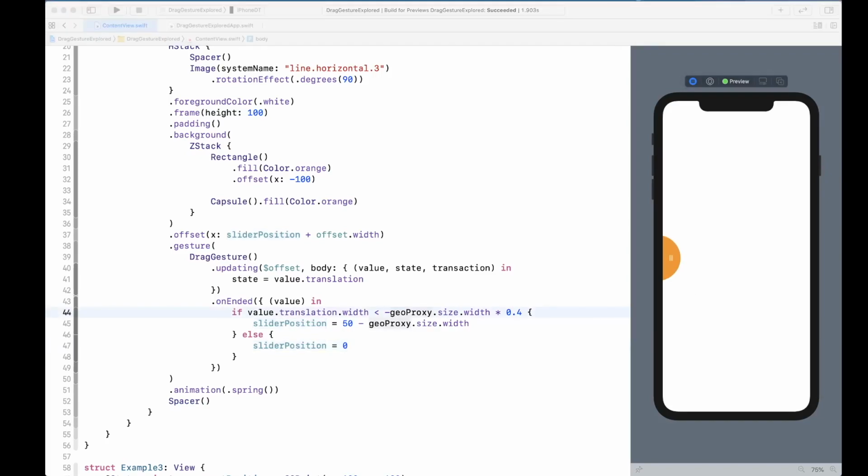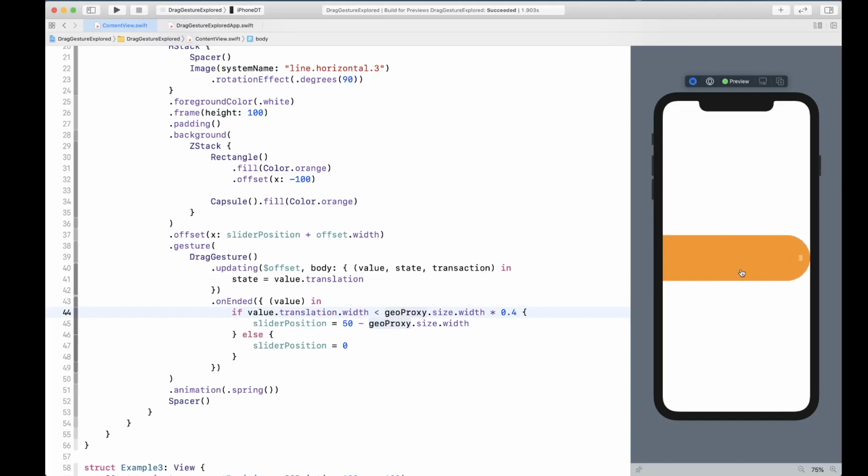Now, if you want the opposite behavior, if the user drags out a little bit and you want to snap it back, then you can just remove that negative of proxy, and you can say when the user has dragged out about 40%, then open the menu, otherwise close it. Okay, so yeah, this is your drag gesture based menu, and coming up next is where we're gonna talk